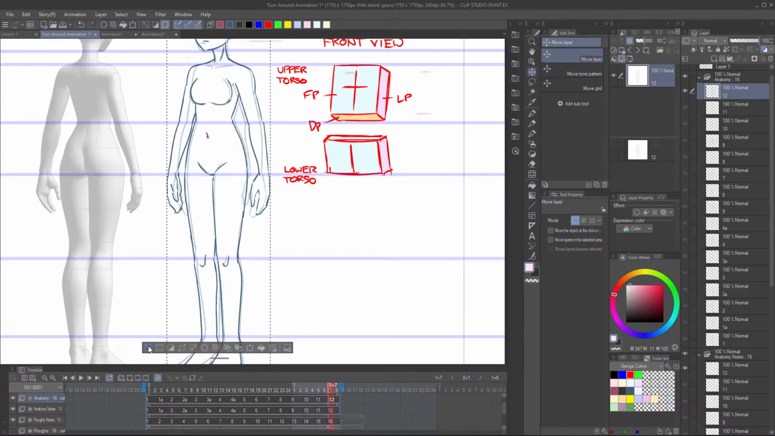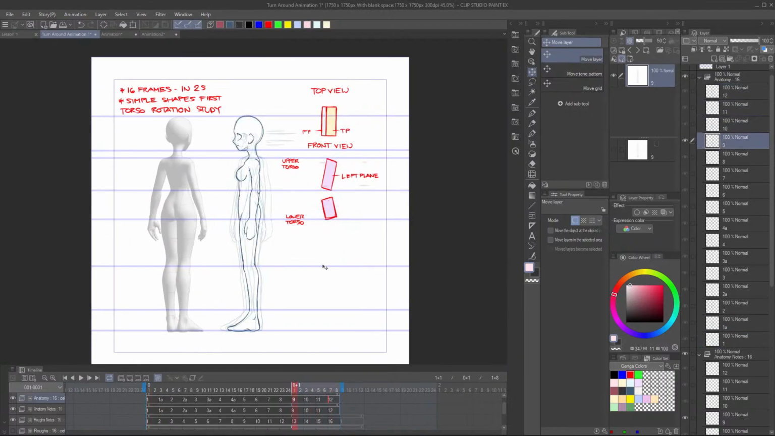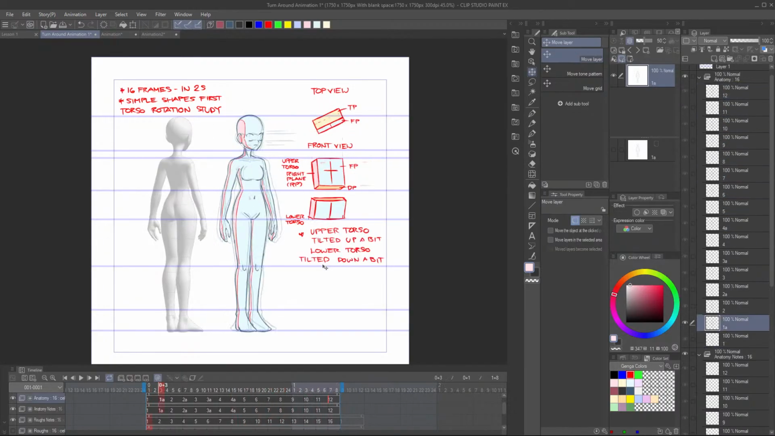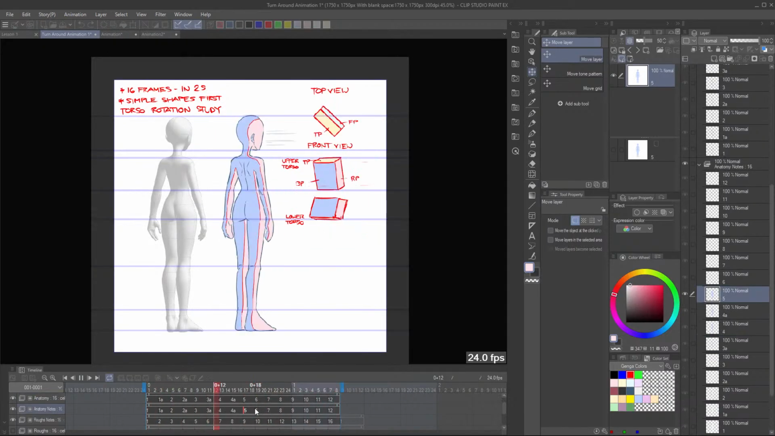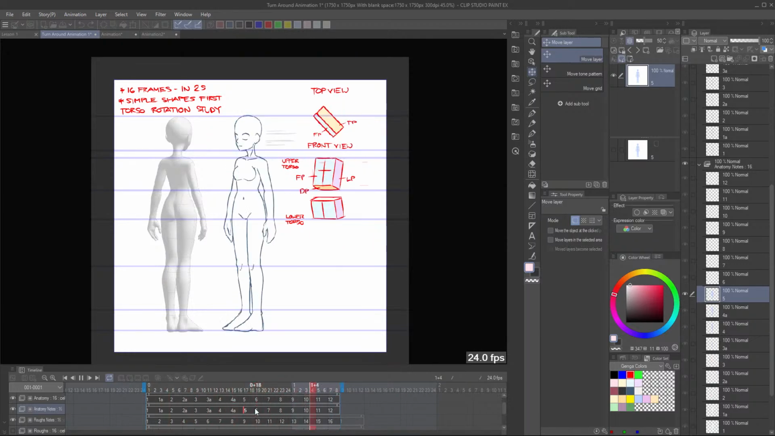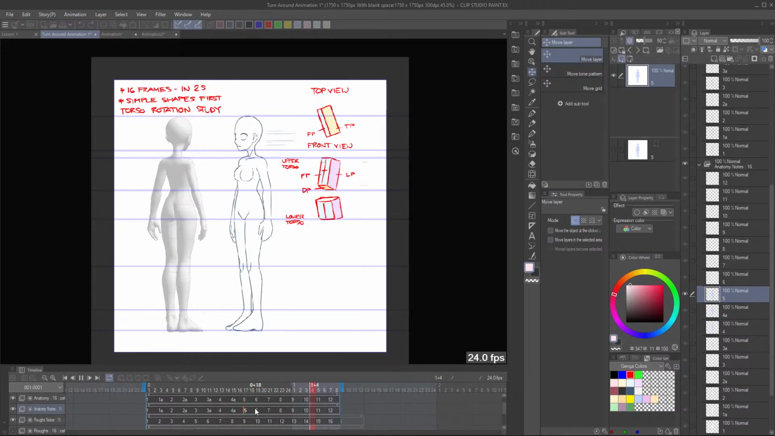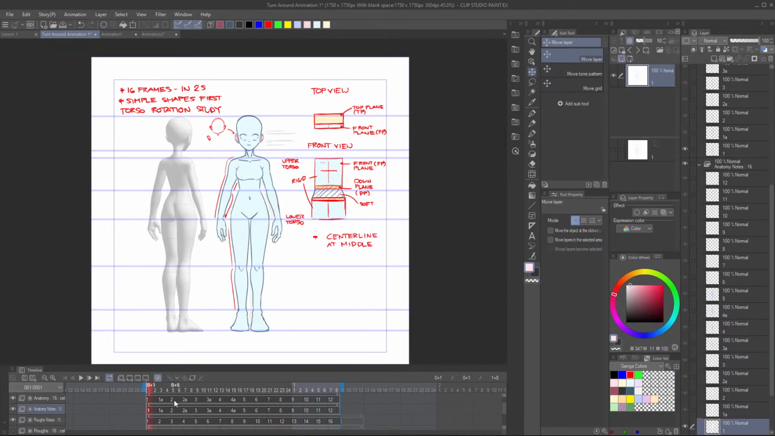We're probably gonna do one frame of character on top of it, and then I'm gonna send the file to you guys, and then you are gonna see. Okay, let's add the